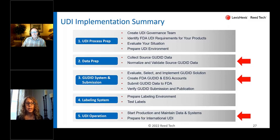What are their roles and their specific responsibilities? Additionally, you want to make sure you have a very strong understanding of what the FDA regulations are that are pertinent to your specific medical devices. Now, the next steps would be step 2, data preparation, step 3, GUDID submissions, and